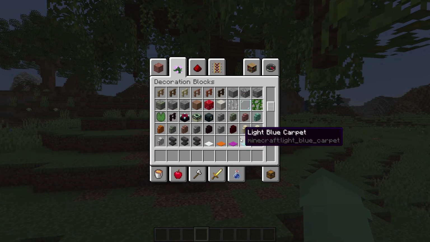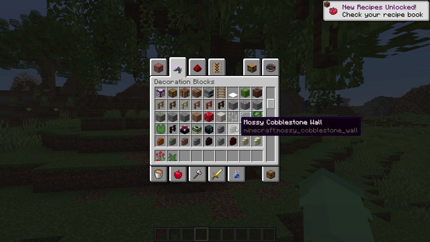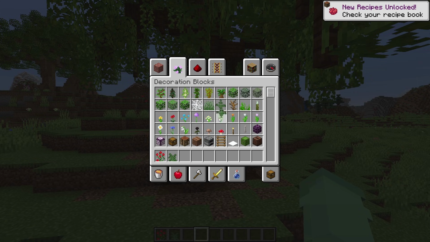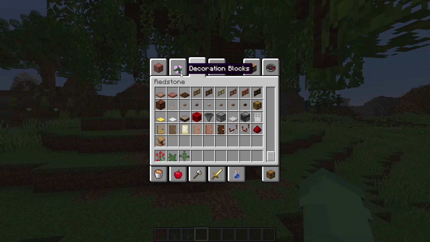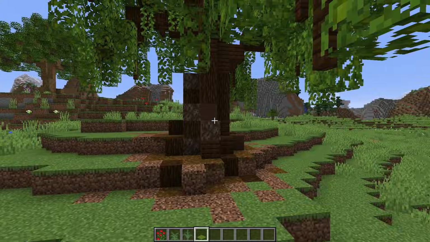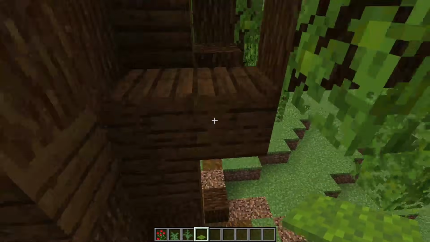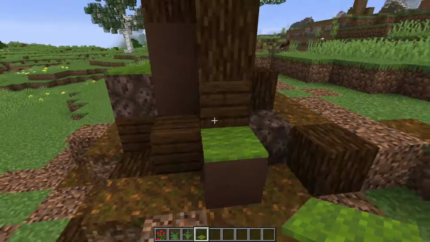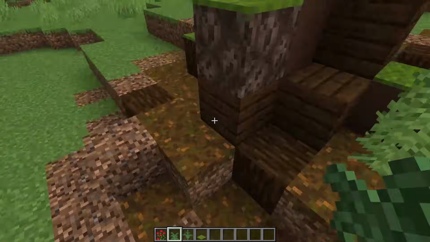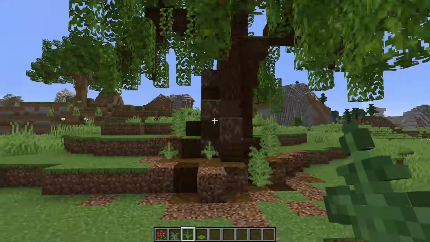Now what we can do is add some simple pops of color with maybe some rose bushes, some ferns to bring back some of that lovely green color that we had going. And I think I might actually go ahead and just grab some carpet right here and see if I can add sort of like a mossy effect to a few areas on this tree. Just like so. And then that'll make a little bit more sense once we get some ferns around. Things looking a little bit more green.